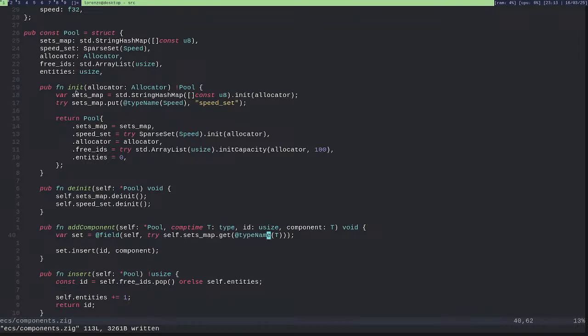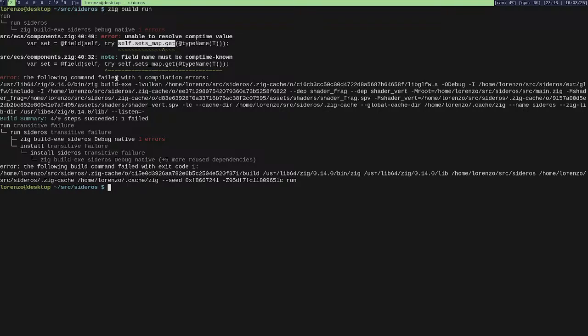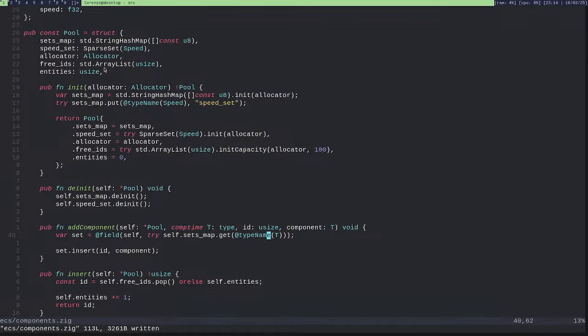But why can't you? Like, so sets map get.